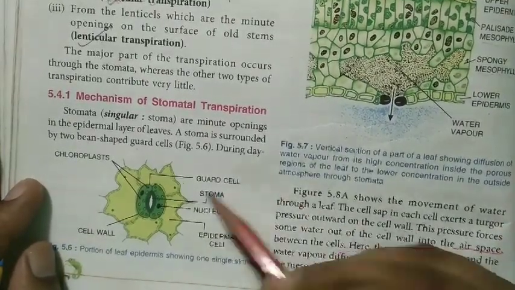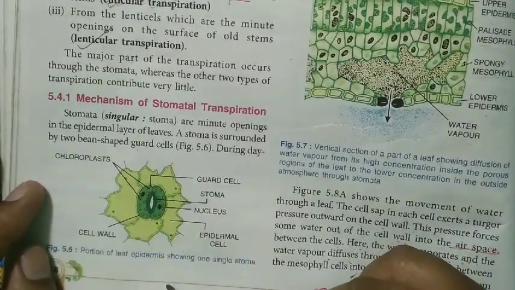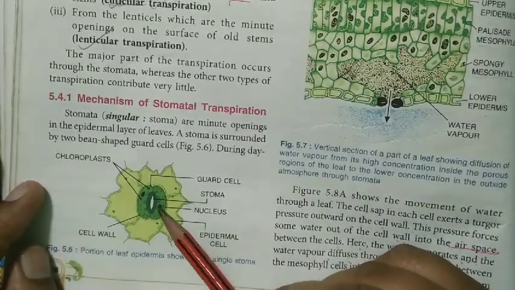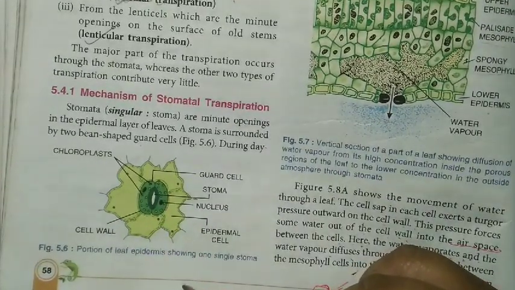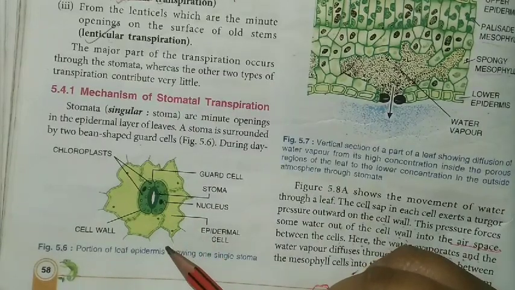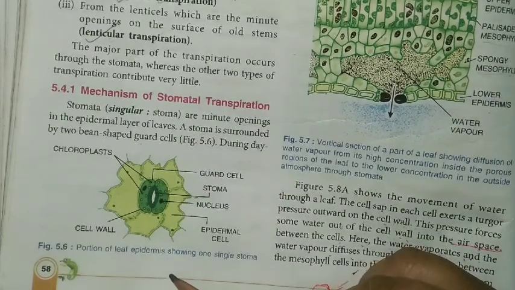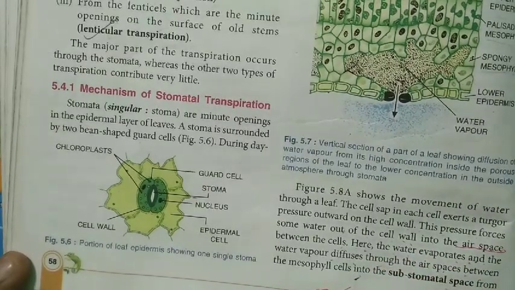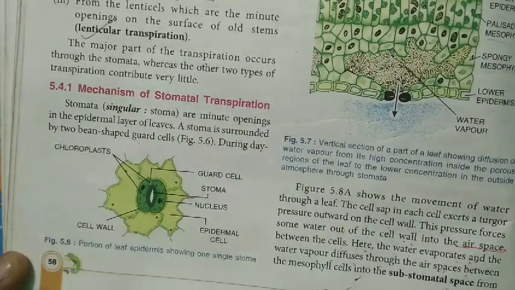Now guard cells become turgid or swell up due to the accumulation of water. Due to this, their outer thin wall bulges out and the inner thick walls are drawn apart. Thus the stomatal opening between the two guard cells widens, making the stomata open. Now at the time of closing of the stomatal opening, water comes out from the turgid cells and they become flaccid, or we can say that they become shrunken. Their inner thick walls become straight and the stomata get closed.